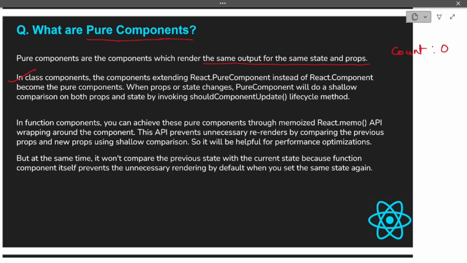Now, in your code you have written some logic where count is getting changed in different ways. For example, initially your count value is 0, it got incremented to 1, and then again the count value changed, but it got changed to 1 only. Are you getting my point? So a piece of code got executed, and that code changed the value of count, but the new value is also 1, right? As per the logic which I've told, whenever there is a change in state, the component re-renders every time.